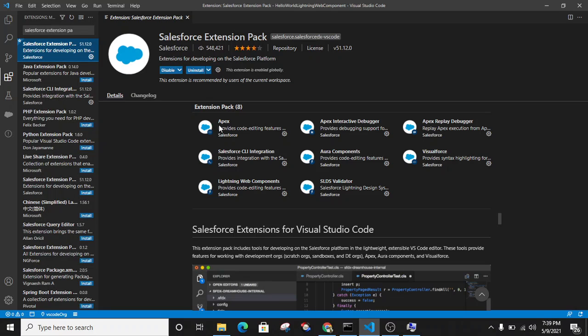In this Salesforce Extension Pack, you can find many extension components. Here there are 8 extensions: Apex, Salesforce CLI Integration, Lightning Web Components, and more. You need to install only the Salesforce Extension Pack, and then it will automatically install all 8 packs.